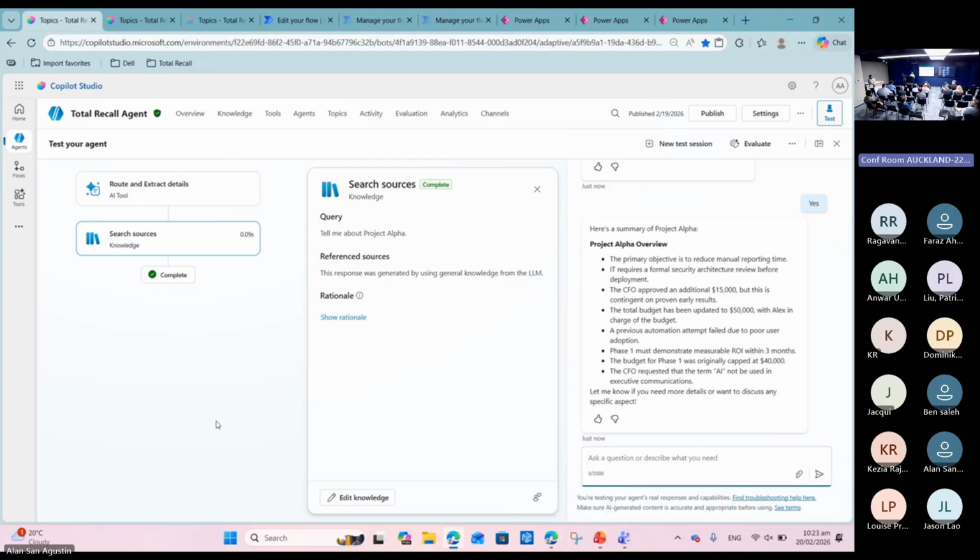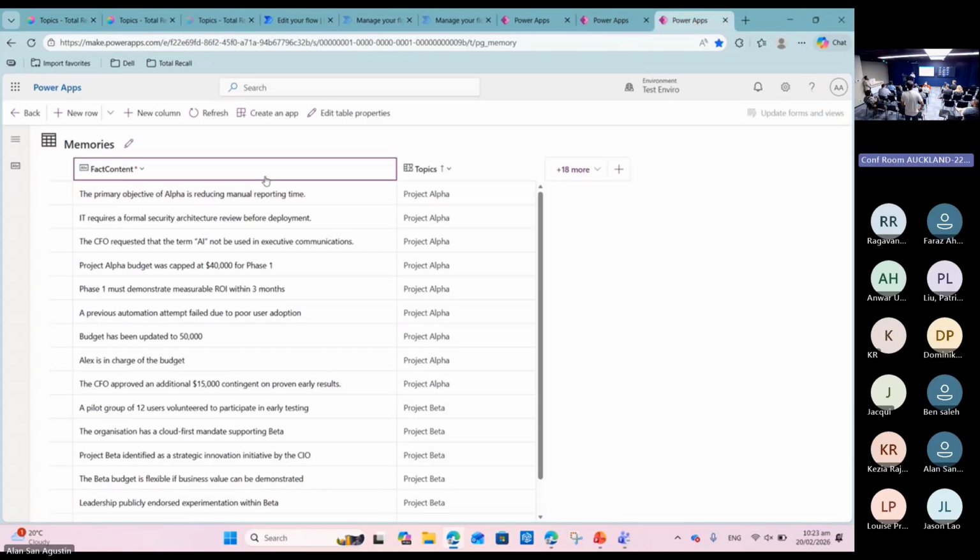I think I missed something. Where are you storing the previous conversation details? I'm storing previous conversation on fact content. Okay, so on a Dataverse table, it's pulling it from Dataverse. And there's a lookup table to the topics. Yep, okay. But is it the full message context? No. I don't want to store everything that's been said. So I actually have